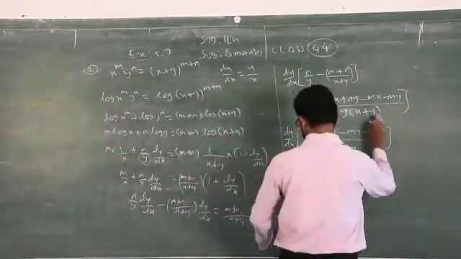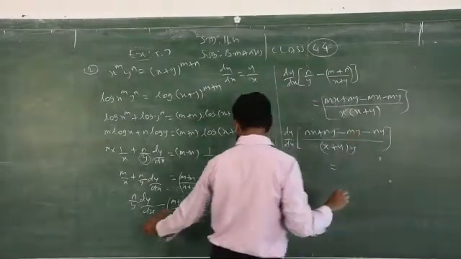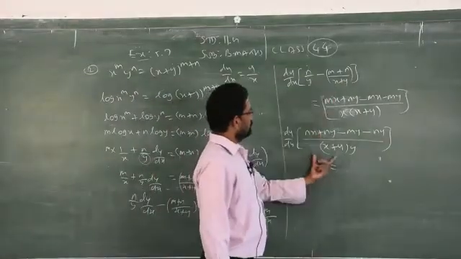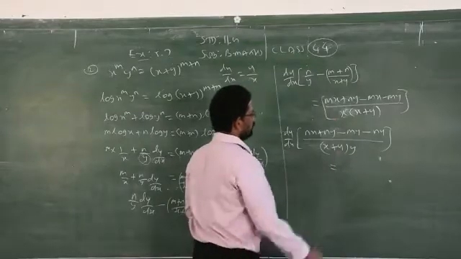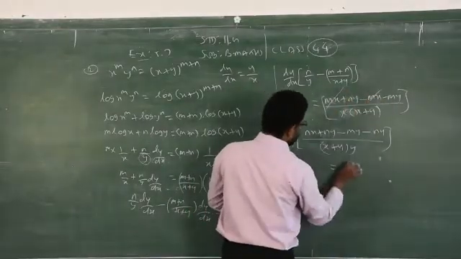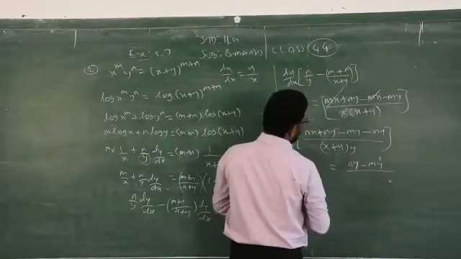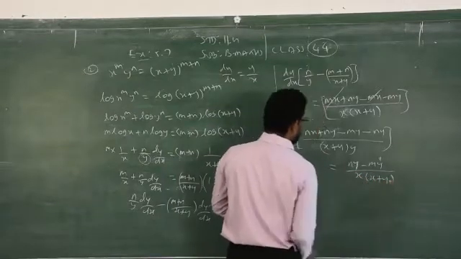Here I made mistakes. What will come here? X. The right side will have x, the left side we have y. This simplification is here. The right side simplification is there on the right hand side. Again, what are the terms that get cancelled? These two get eliminated. So ny minus my by x into x plus y.